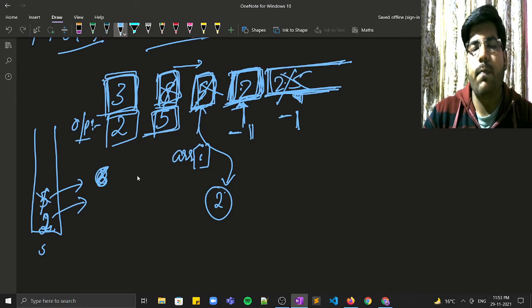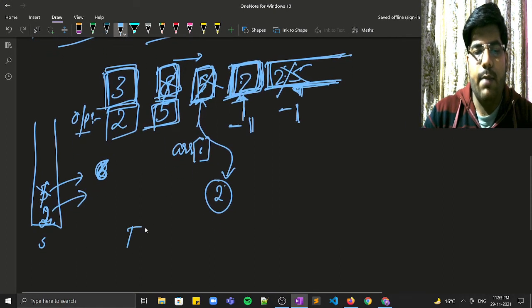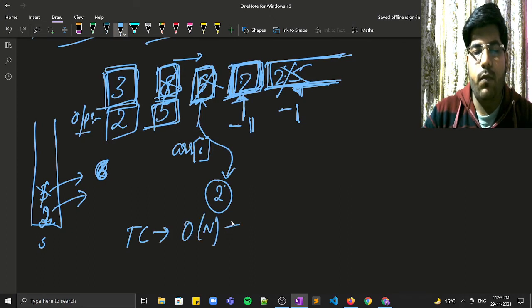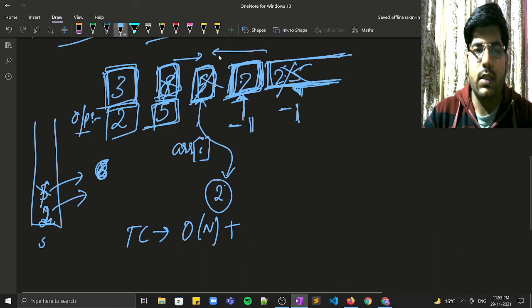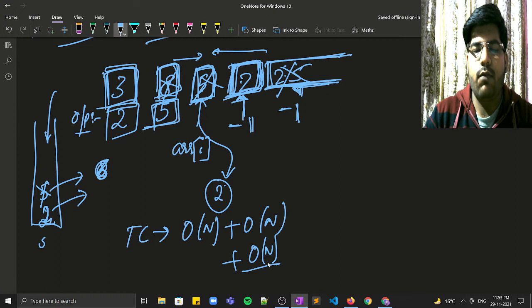So I hope the logic behind this is clear, and if I talk about the time complexity, it will be order of n for the iterations, right? Order of n if you push all the elements into the stack, and for some of the elements you have a while loop so that you delete all the elements which are greater than it.